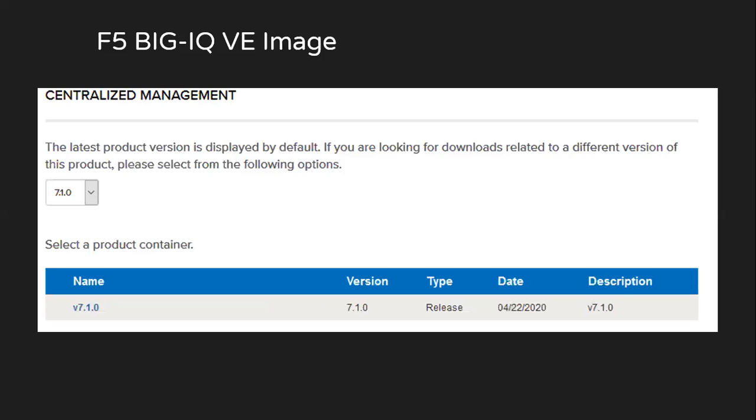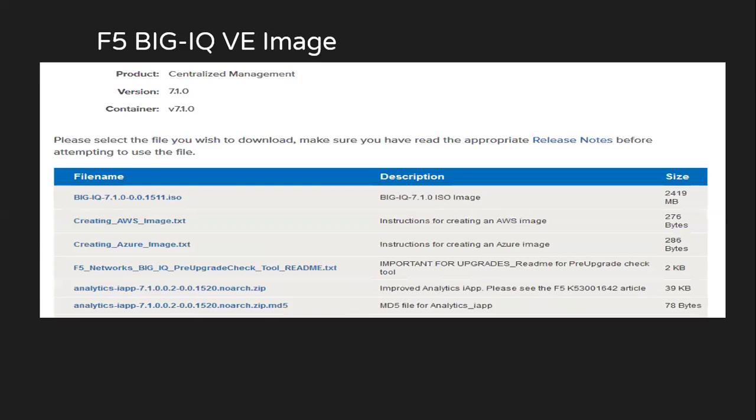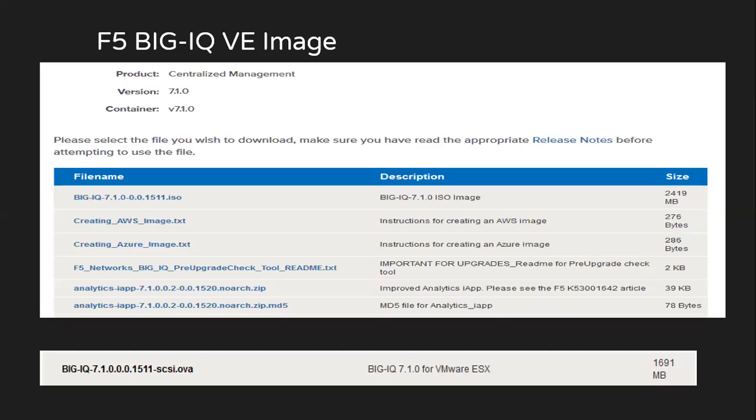Once I click on this option, it will show me a list of images which are again customized for different platforms, whether you're planning to set it up on an actual physical device, a virtual edition, or maybe any cloud platform. So you can select the images according to your requirement. In my case, I'll be selecting this specific image, which is for VMware.